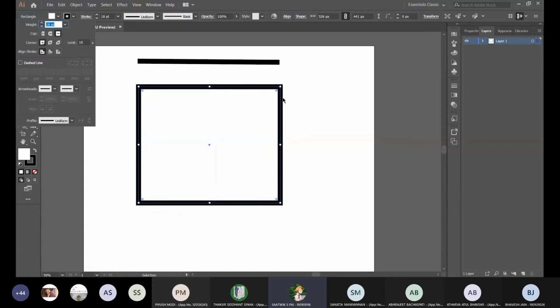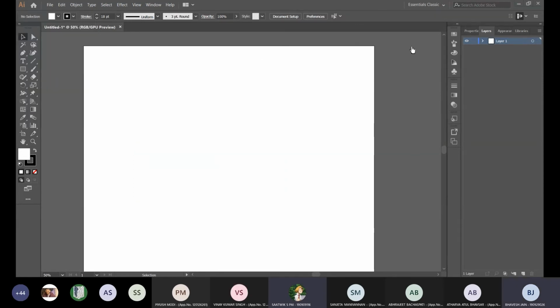Corner talks about the corners of your shapes. This can be your rectangle, anywhere there is an edge, even the edges of stars and polygons, it will change that. You have your rounds, and you even have an angled, beveled edge. Any questions so far? Guys, any doubts? No. Okay, cool. What else can you do?